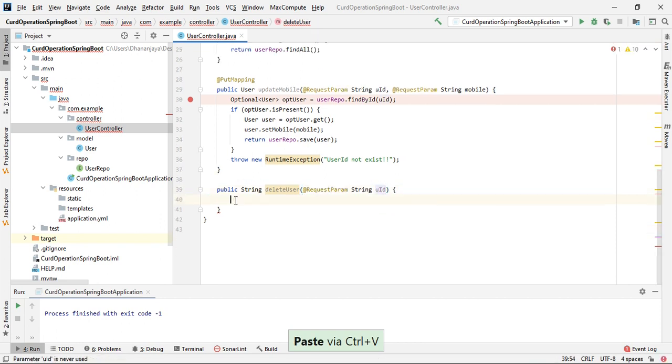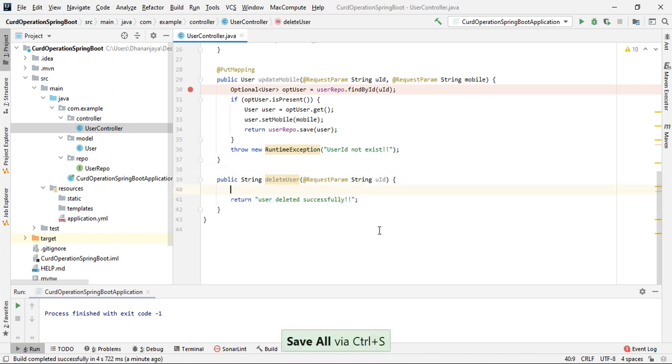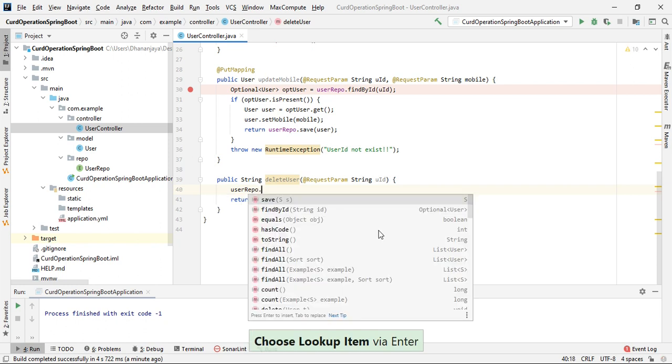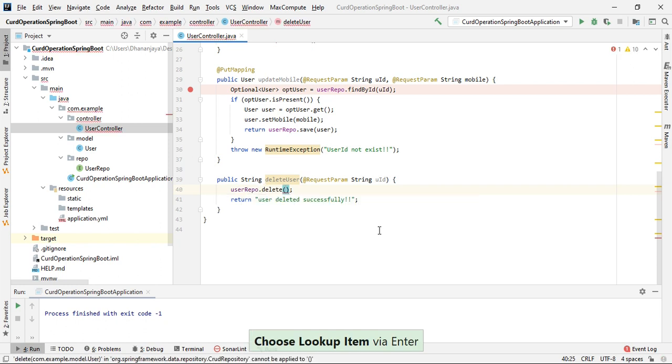Okay, so return user deleted successfully. Okay, user repo dot delete the user.